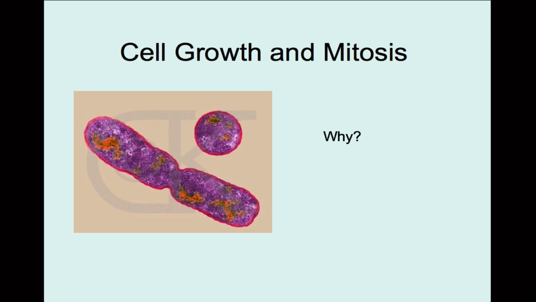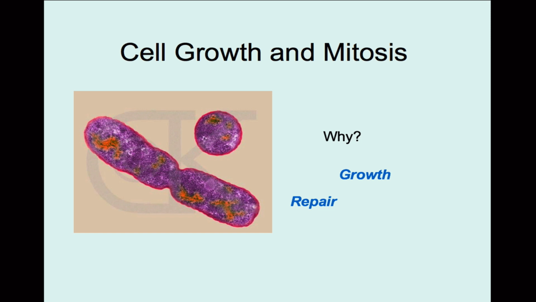All right, so the first reason is growth of the organism. So you think about we need lots and lots of cells in our body. We can't have just one big huge cell. We need lots of cells doing their jobs. Cells are more efficient when they're smaller. So our bodies and other organisms are made up of lots of little bitty tiny cells. And so in order to grow, those organisms need cells to continually do cell division, make new cells.